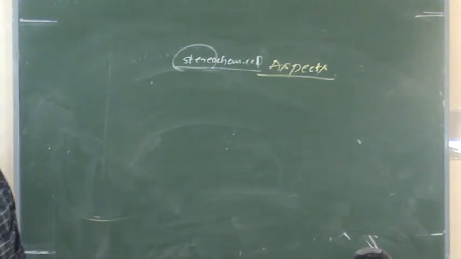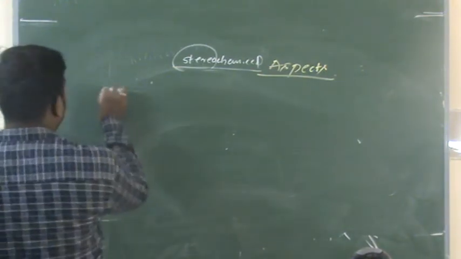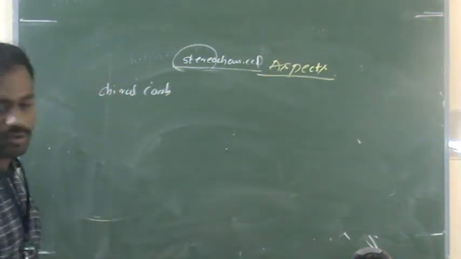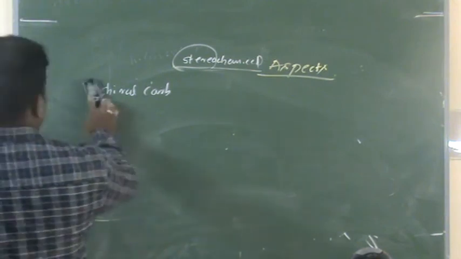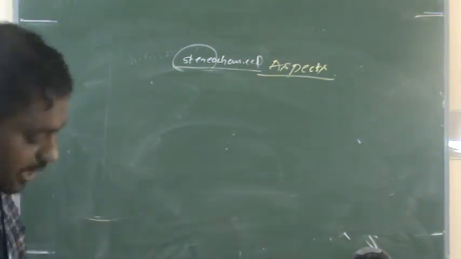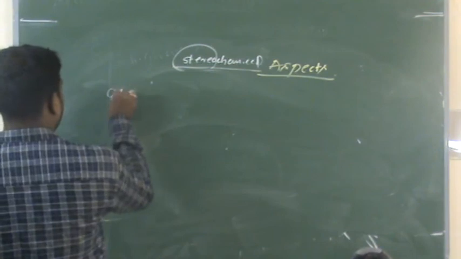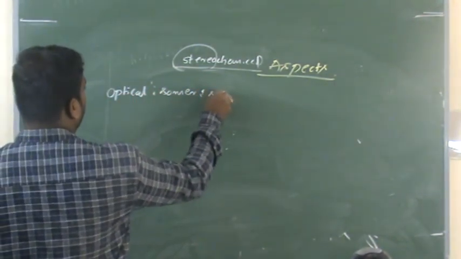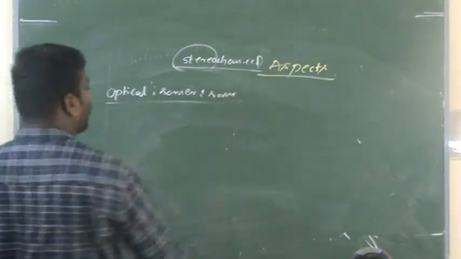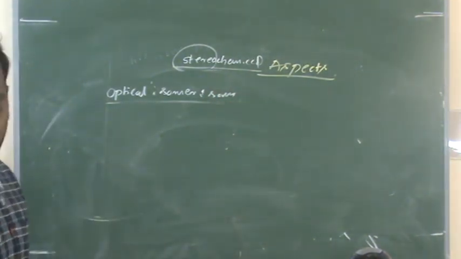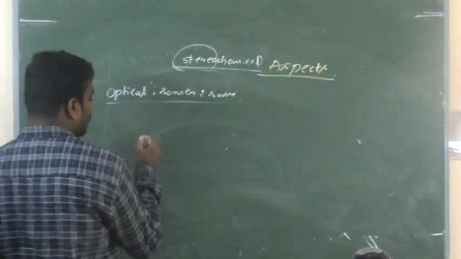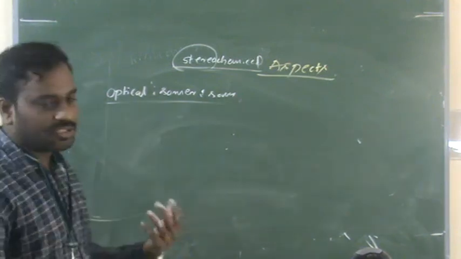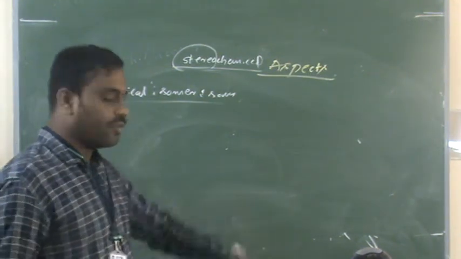What is stereochemistry? In that, a very important thing is called the chiral carbon. Before going to that, what is the meaning of optical isomerism? In stereoisomerism, there is a very important isomerism called optical isomerism. We will discuss this in the next class, because it is a big concept and we can't complete it today.